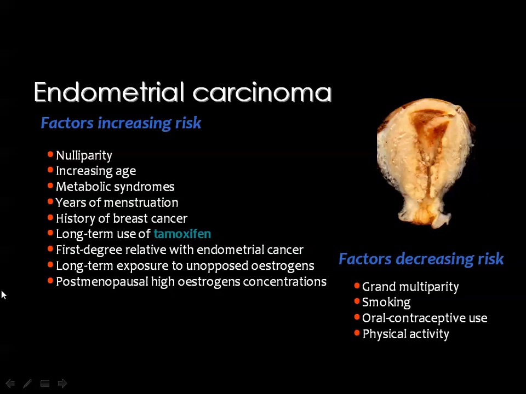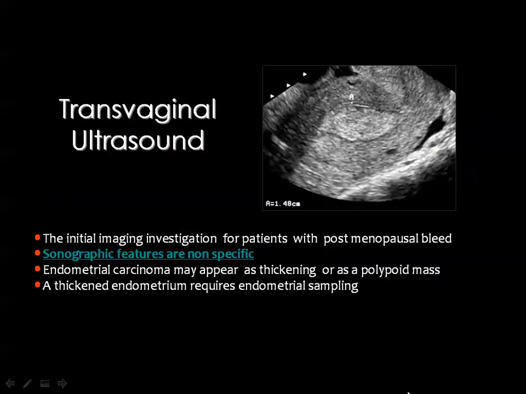Here you can appreciate the factors which can increase the risk of endometrial carcinoma, and on the opposite side you can see factors which decrease the risk. It is stated in the literature that smoking decreases the risk of endometrial carcinoma but increases the risk of cervical cancer. Then the sonography of endometrial cancer is globally non-specific, and you see there is thickening of the endometrium,